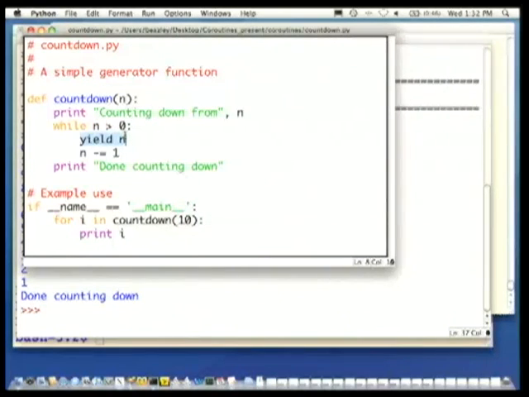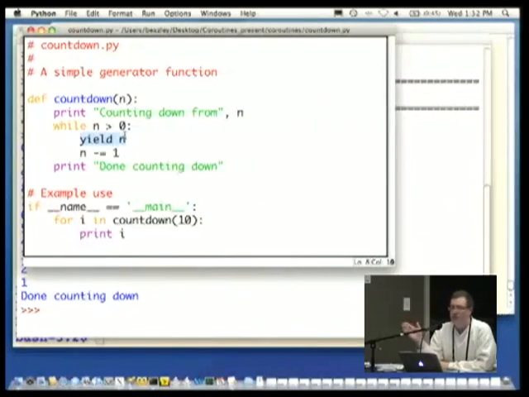Now, as a practical example of that, I'm not going to repeat everything that I did at last year's tutorials. If you have not seen this before, I would strongly recommend looking at the generator tricks tutorial to see how this is used. But I think a major powerful feature of generators is that you can set up pipelines. If you've used things like Unix pipes or anything of that nature, one of the cool things about generator functions is that you can chain them together and create these processing pipes. And just as an example of that,